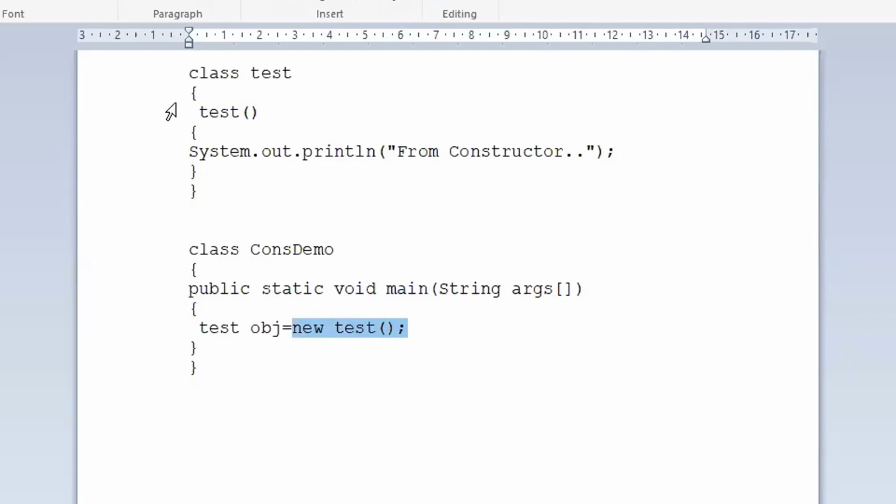Where is the constructor written? This is the constructor which has been written. How to write a constructor? You just specify the class name, write it like a method, and write whatever instructions you want within that constructor. When does a constructor execute? When you are creating an object. So according to our statements, can I run this program? Are there any errors? Do you want any repetition to be done?